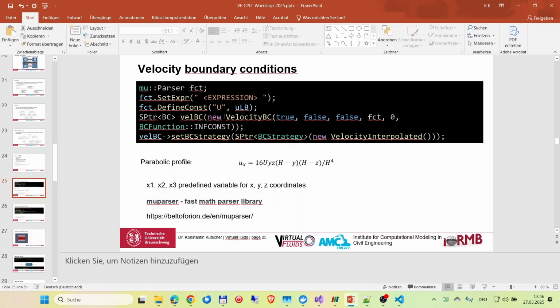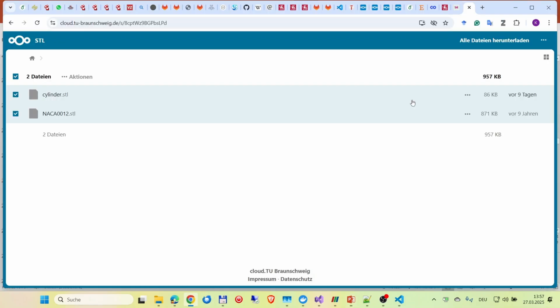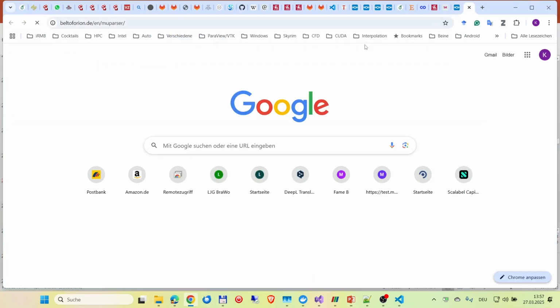object with this velocity BC, and these first three parameters say in which direction you have velocity. In our case, it is in the x direction, so it's true. And this variable is defined with the so-called MuParser. MuParser is a library, a third-party library. If we open this link in the browser,